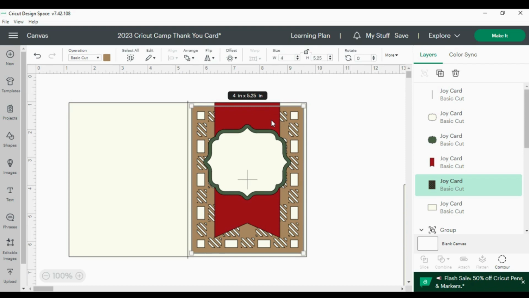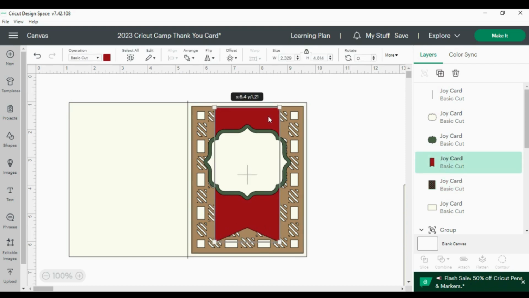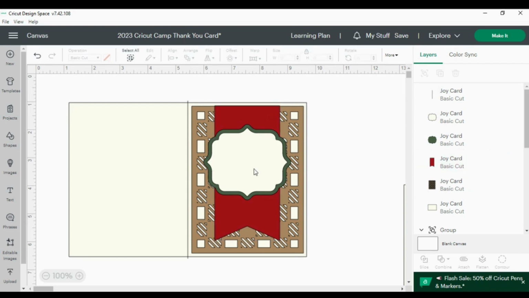Then I can grab the flag. I deselect that, select the flag. I want it to be even with the top. Okay, I like that. And then the next thing I want to do is add the word